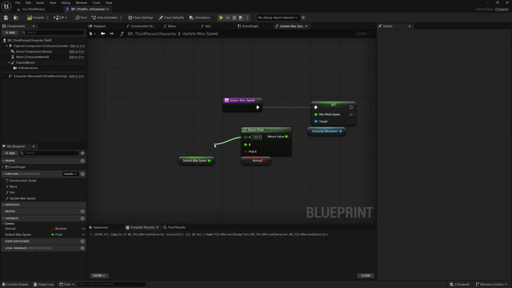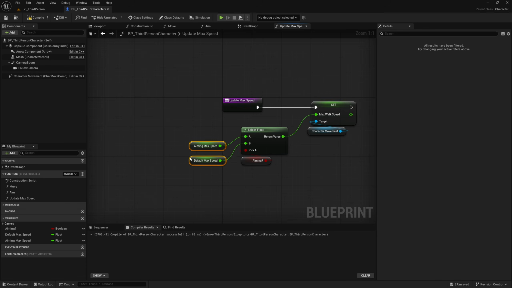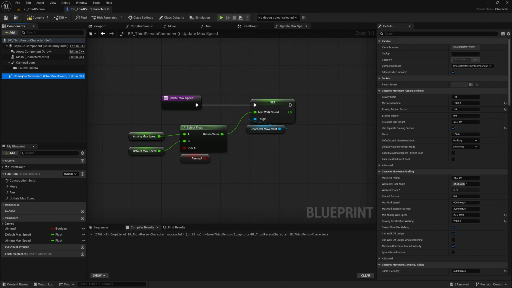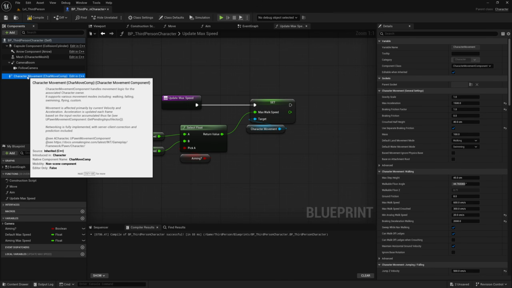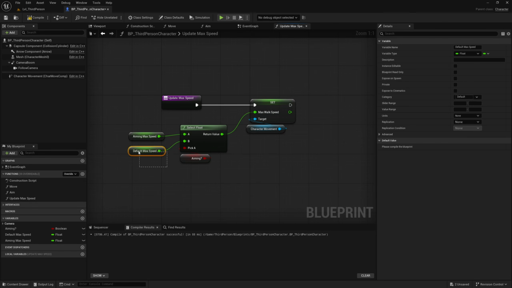And we'll also drag off of A here, promote this to a variable, and we'll call this aiming max speed. And just in case you want to change either of these, including the default max speed here, which is obviously the same as the default max speed in the character movement right here, instead of having to worry about changing this in multiple places, what we can do is just set the default max walk speed in the character movement component within the construction script of our character's blueprint, so that you only need to change the default value of